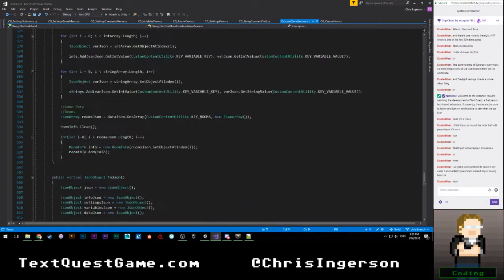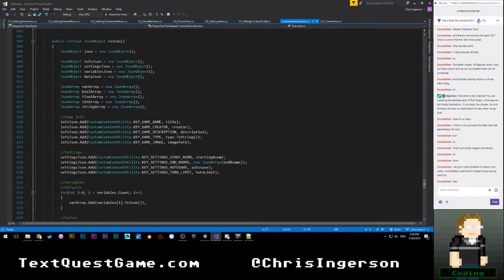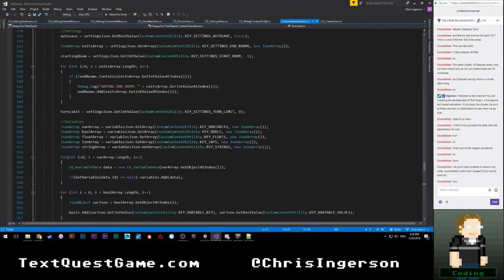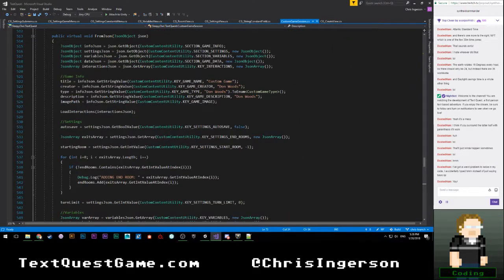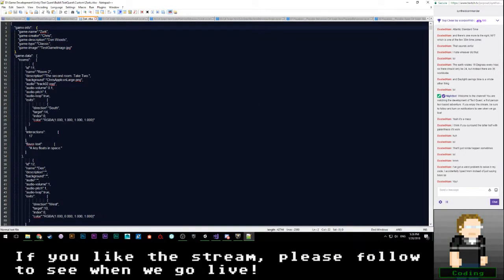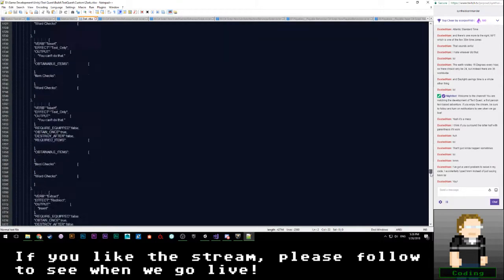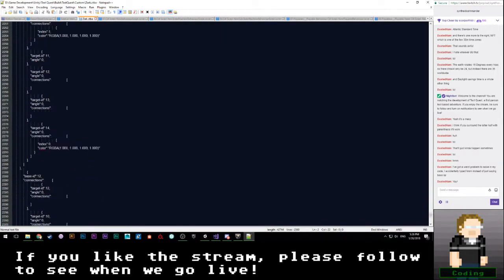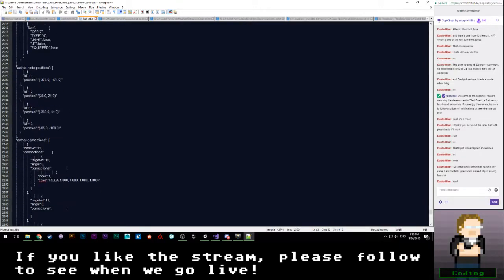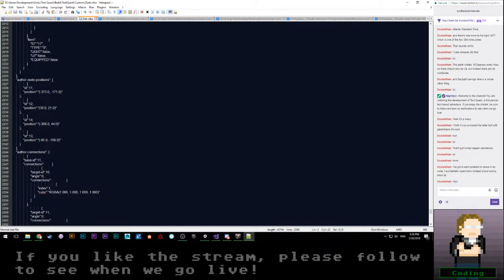So custom game session. All right. So here's where things are going to get kind of weird. So I need my from JSON here. All right. So in settings, let's go ahead and take a look at this. So we have info, game data, and do I have anything beyond that? We have connections. This is all stuff for the nodes that you see in custom games and the map.